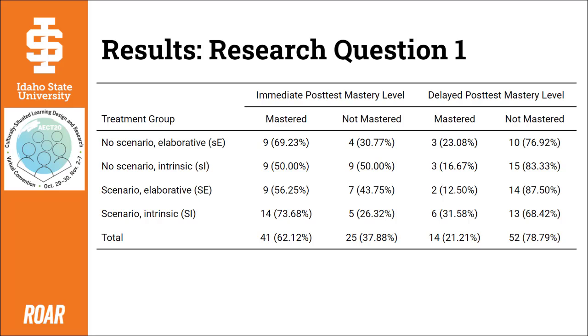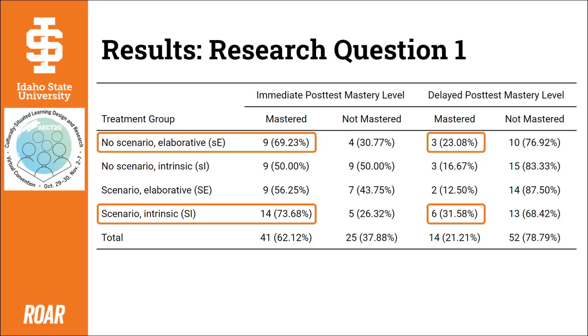The results of the chi-square analysis showed no statistically significant differences for the immediate or delayed post-tests, and the treatment conditions did not appear to have an effect on participants' accuracy of manually counting sperm cells. In contrast to the results on the content knowledge scores, the participants' skill mastery dropped between the immediate post-test and delayed post-test, which would be expected after that 2-week delay. For both the immediate and delayed post-tests, higher mastery levels were observed when intrinsic feedback was paired with scenarios and when elaborative feedback was paired with no scenarios.